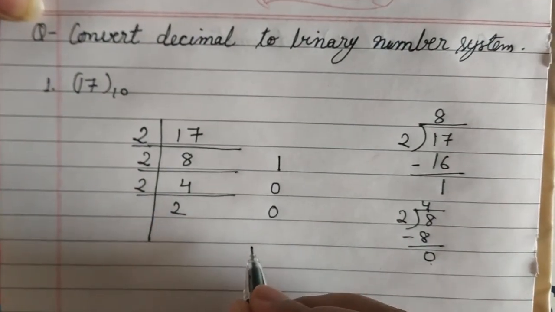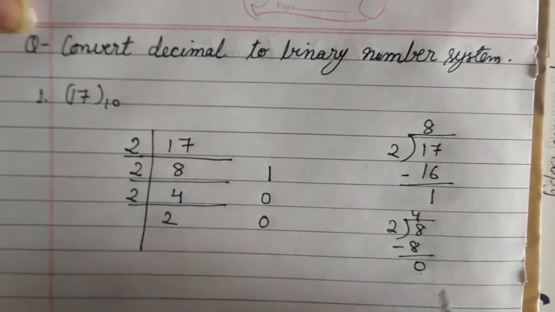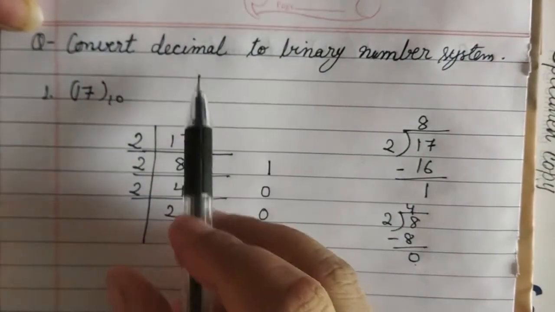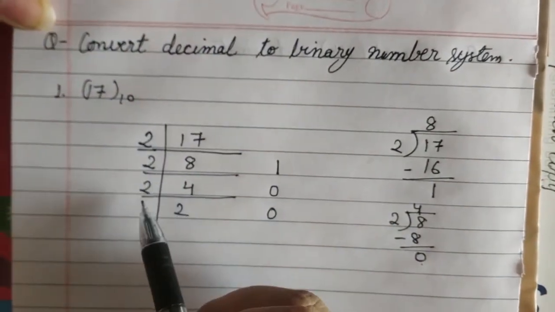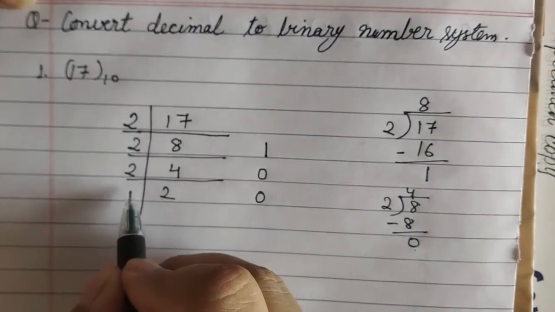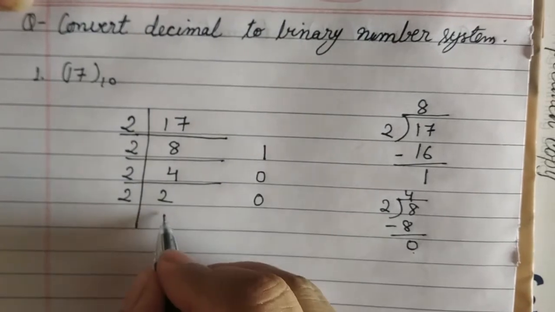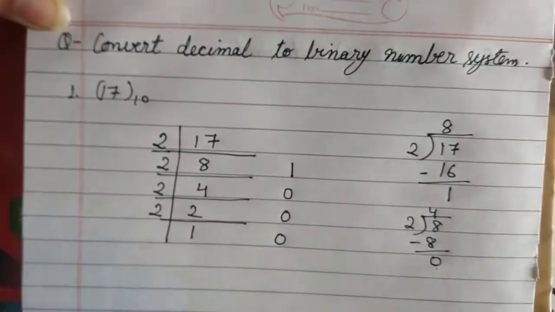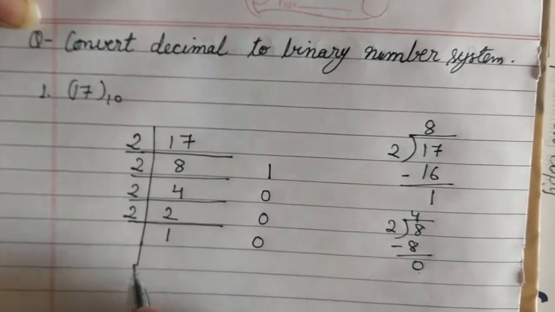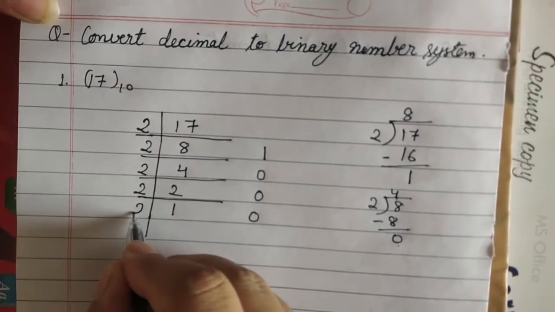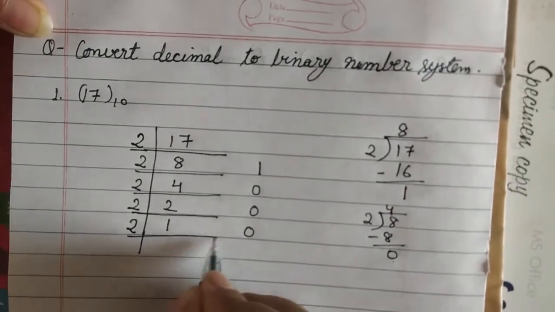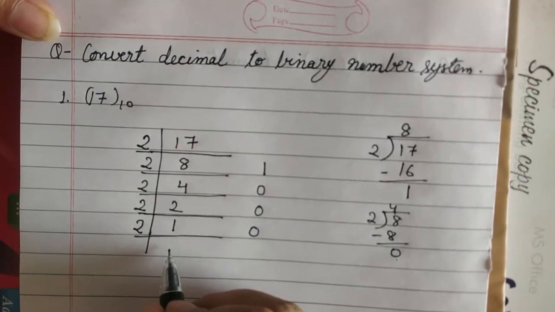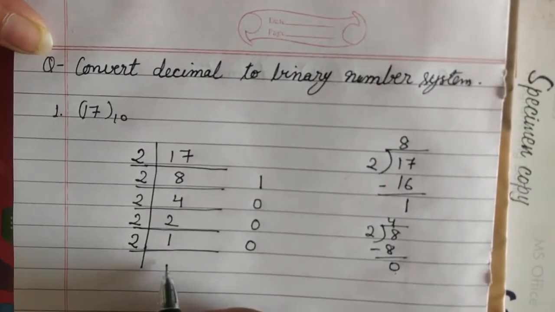The same way, if you don't know how to find LCM, it is very easy. You can simply divide it by 2 every time. Okay. Whenever we convert decimal to binary, we have to divide by 2. Now again, you know very well 2 1s are 2. Okay. Remainder is 0. Now the last step I have already told you that you have to divide it by 2 again. Okay. This is not there in the step in LCM. But the last step you will have to follow, that is 2 zeros are 0.